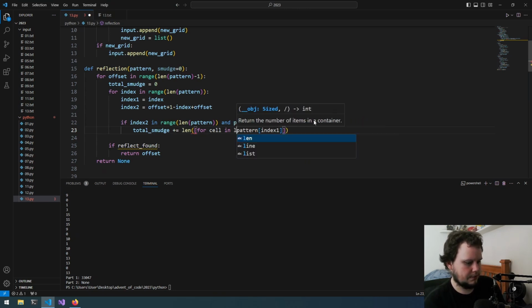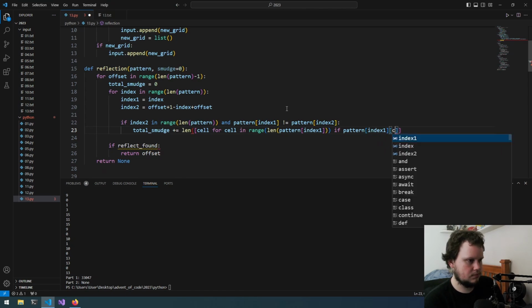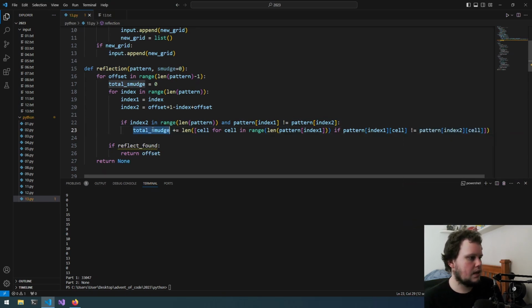So in this, we want the length of this, but then we want to go over every single index in this. So this will then be range, and then cell. Is that too many? Oh yeah. Okay. Can you change that around? Then we do if pattern index 1 cell does not equal pattern index 2 cell,